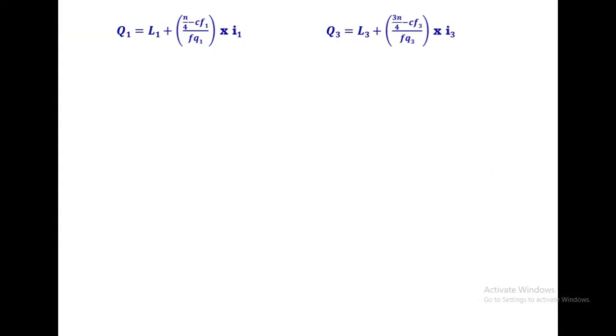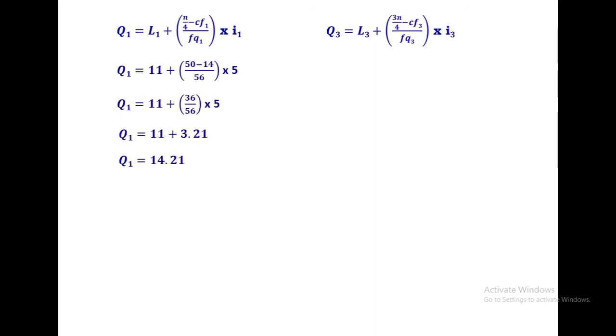In this example, we can also calculate the first and third quartile for this question. Quartile 1 for this example will be equivalent to 11 plus (50 minus 14) divided by 56, into 5, and that will be equivalent to 14.21. Similarly, quartile 3 will be equivalent to 26 plus (150 minus 149) over 28, into 5, and that will be equivalent to